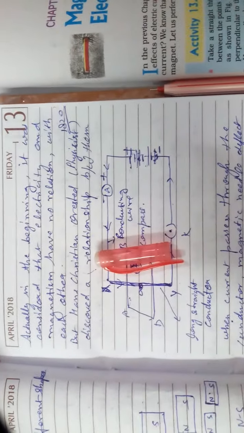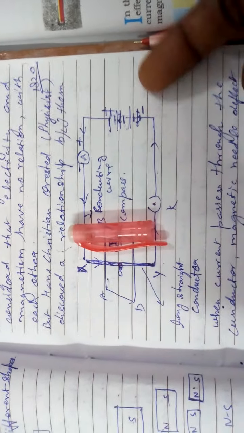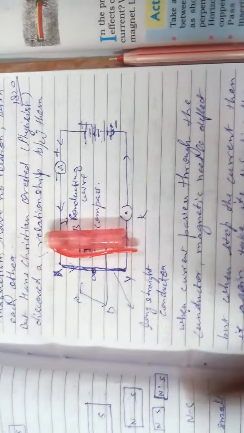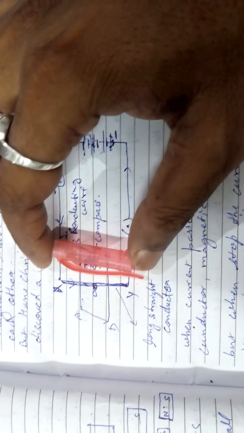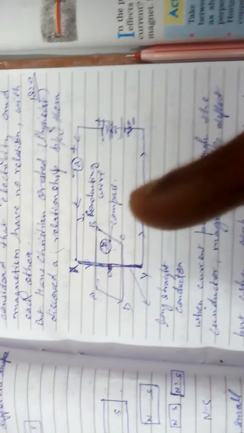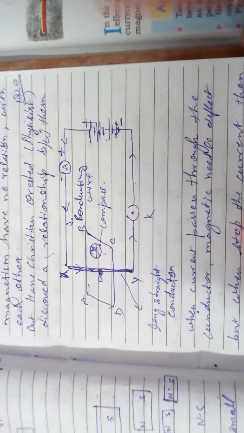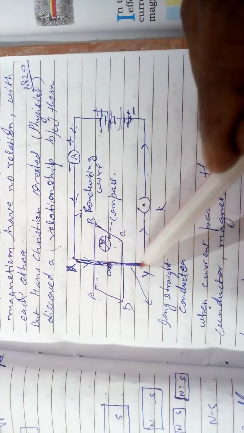So what is the meaning? It means someone is pushing. It means another magnet is near the needle, which is turning the direction. But here is no magnet. When the current is stopped, it returns again, which means the current is doing something. What is the current doing? The current is changing this conductor into an electromagnet.